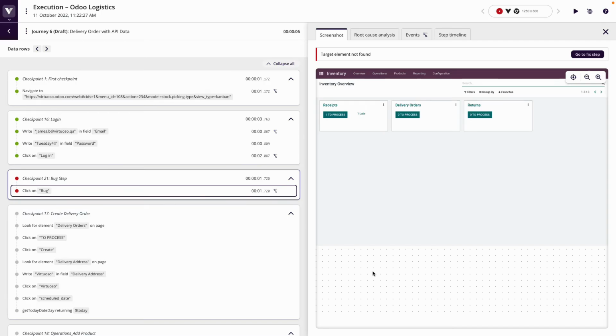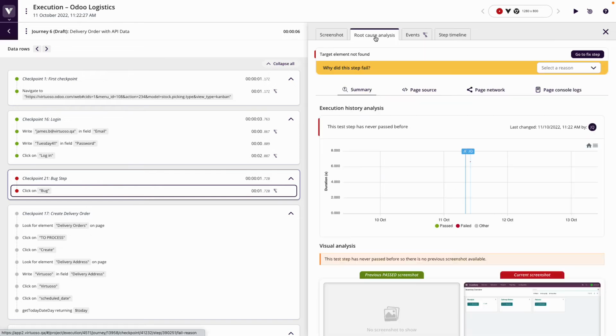This video shows a new feature Virtuoso has released, which is around step event tracking to show network and console logs for every single step in the journey. So previously, if there were a step failure, you could click on the step and access the root cause analysis,